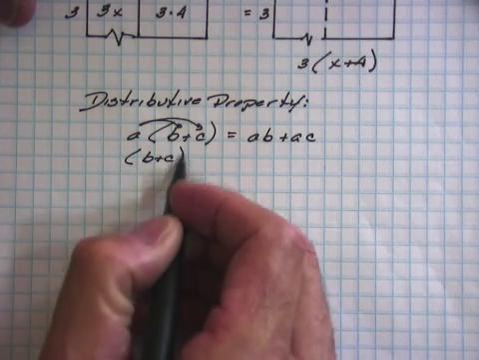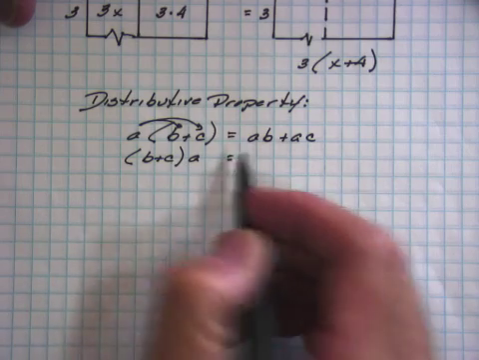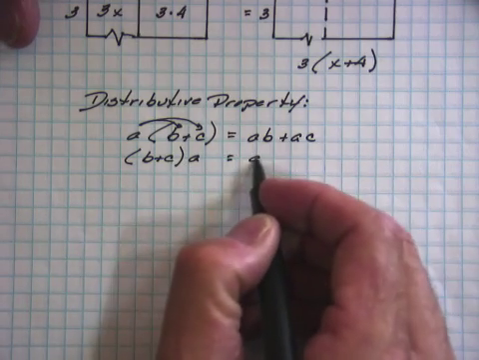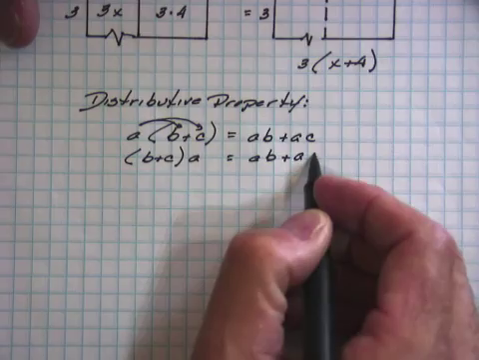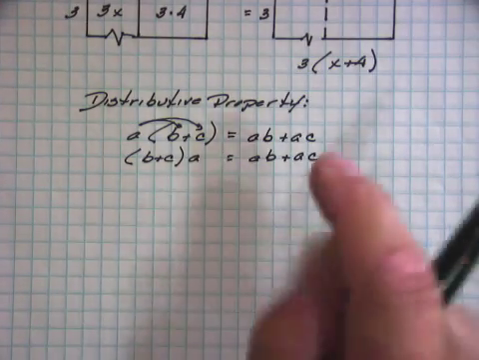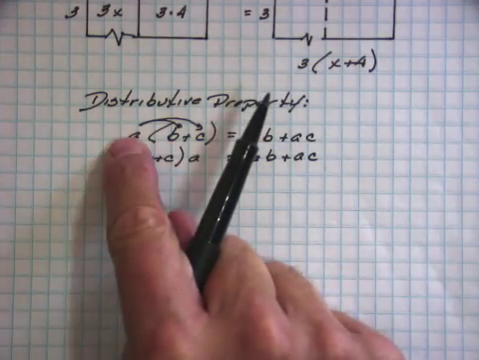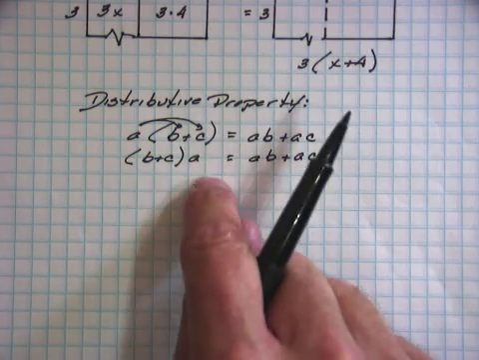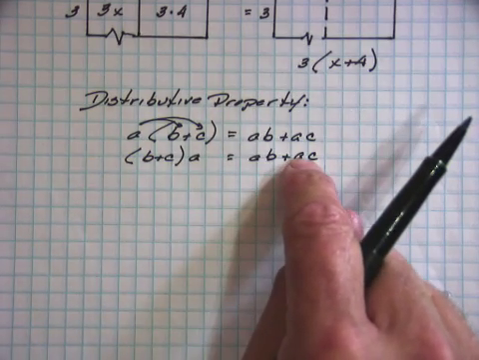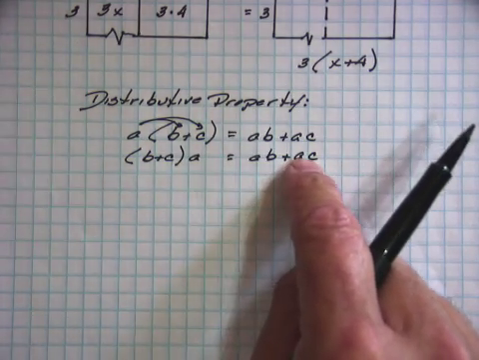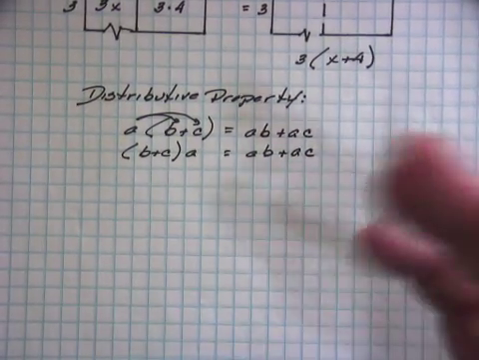Okay, well that also works. I can switch the order. I can put b plus c there, and a here. It still equals the same thing. It's still ab plus ac, okay? So I can put that single term out in front, or I can put it behind, but I get the